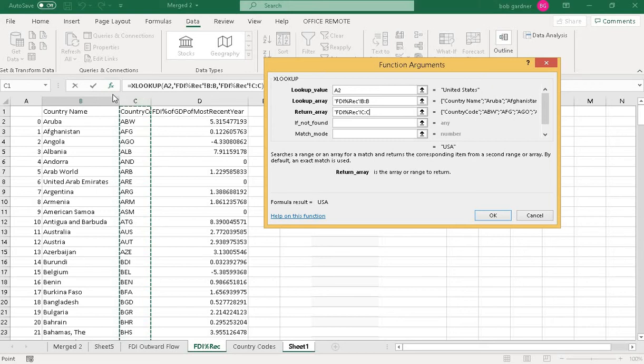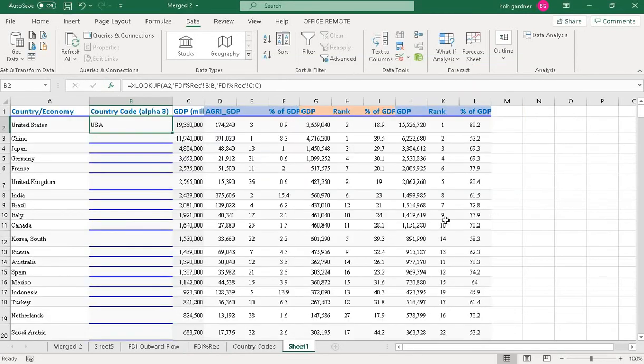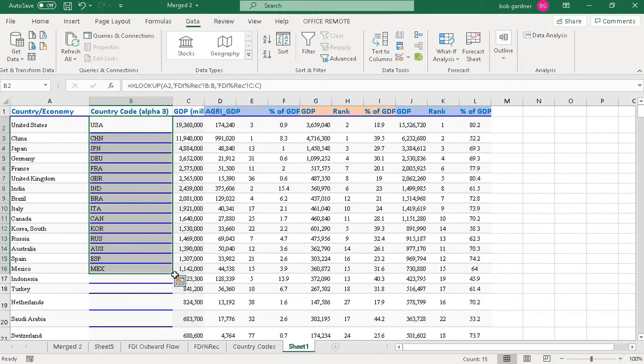The number of rows should be the same. Now let's see if this works. Here you can see this has pulled out the value USA. Now I can pull this down and apply the formula to all these countries.